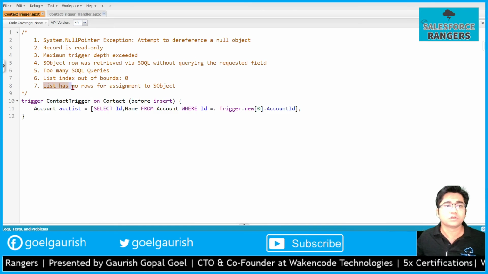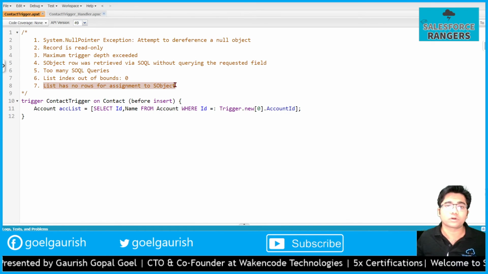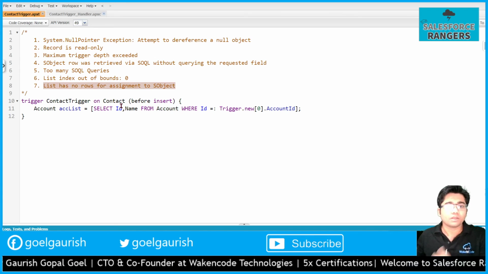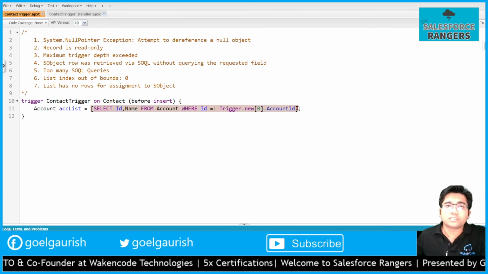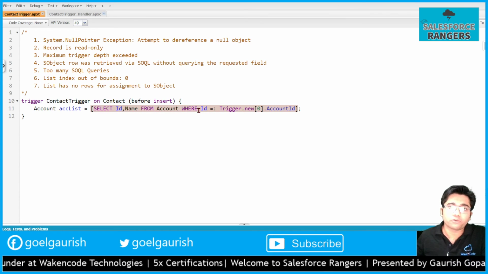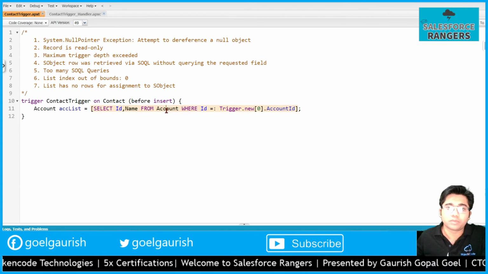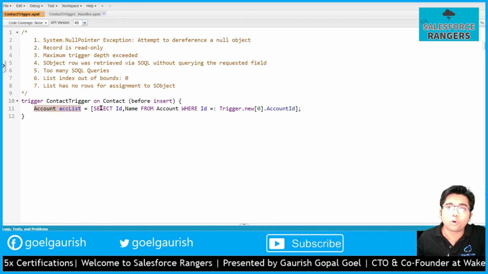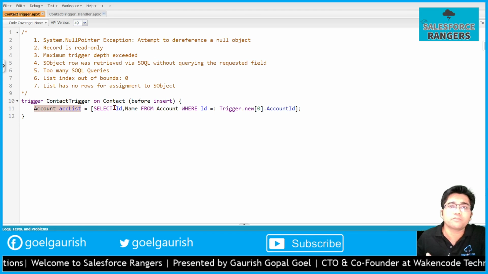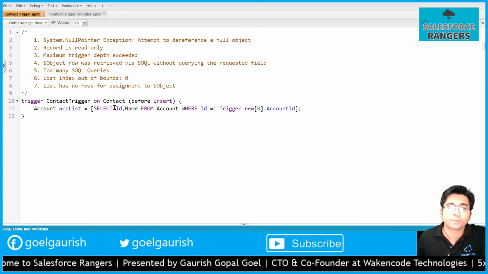Let's try to understand this error in more detail. This query tends to return a list of whatever SObject you are querying on, but we are assigning it to an SObject variable like this, hoping that it will return only one record, one row.